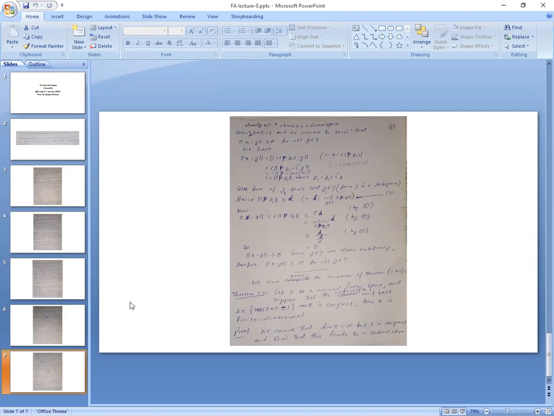Then this distance of Y1 from P will be greater than D, क्योंकि ये Y1 हमारे पास कोई और वेक्टर आ गया inside Y, so the norm of that P from Y1 will be greater than D. D is your infimum taken over P minus Y, where Y belongs to Y. And then X minus Y norm can be written as you see above, which is equal to C times P minus Y1 norm,